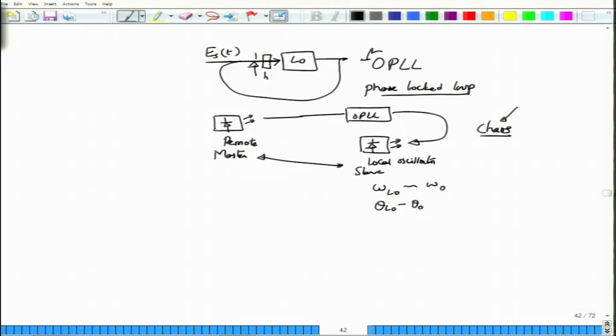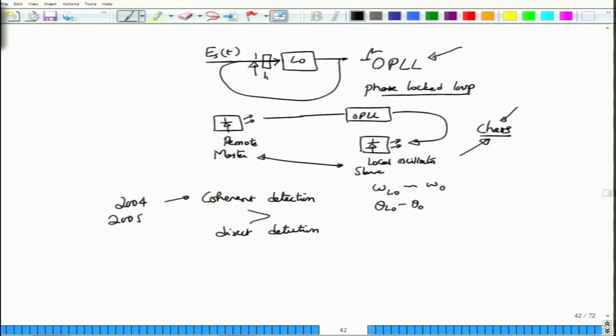Okay, so in fact this arrangement of using two lasers is used to produce chaos, because getting two lasers to lock to each other is an extremely difficult problem. This is precisely the reason why, even though coherent detection was shown to perform much better than the direct detection system that we discussed in the previous modules, it was not really taken up as a viable option until about 2004 or 2005, when people decided that instead of working with an analog OPLL system, we will let the signal come in as it is.